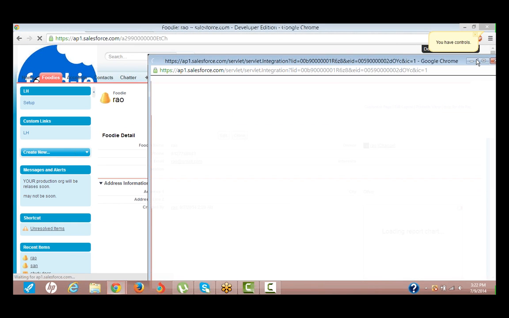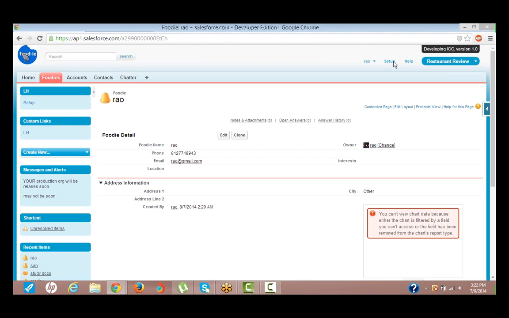Can you click on close this? Close this. Can you click on the RAW drop down? There is a RAW drop down, right? Arrow mark, down arrow mark. Okay, can you click on setup?